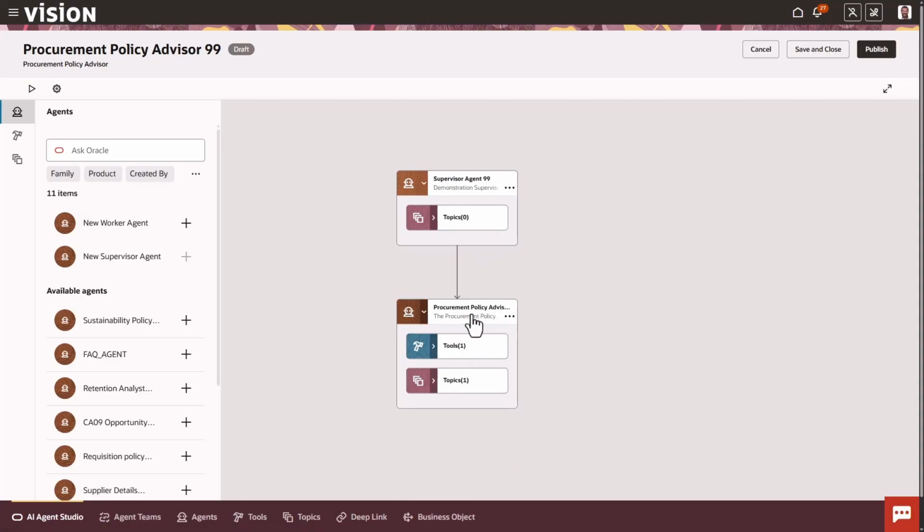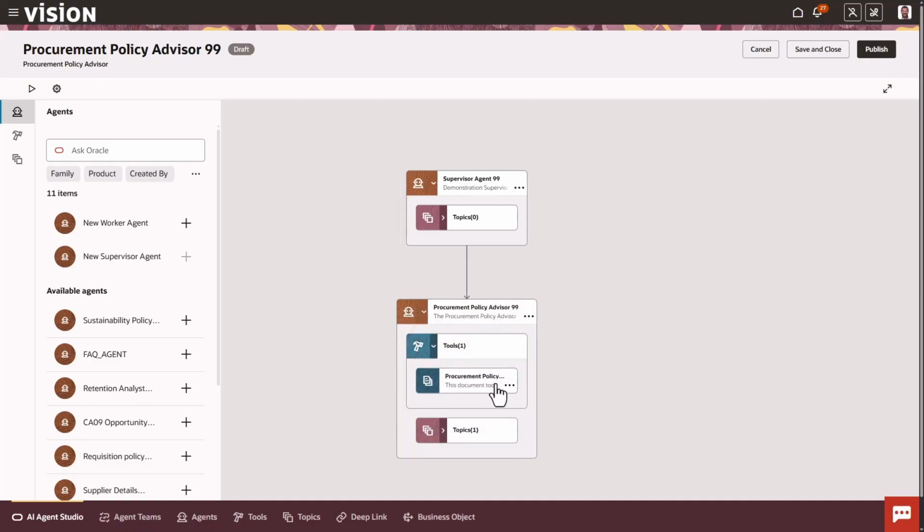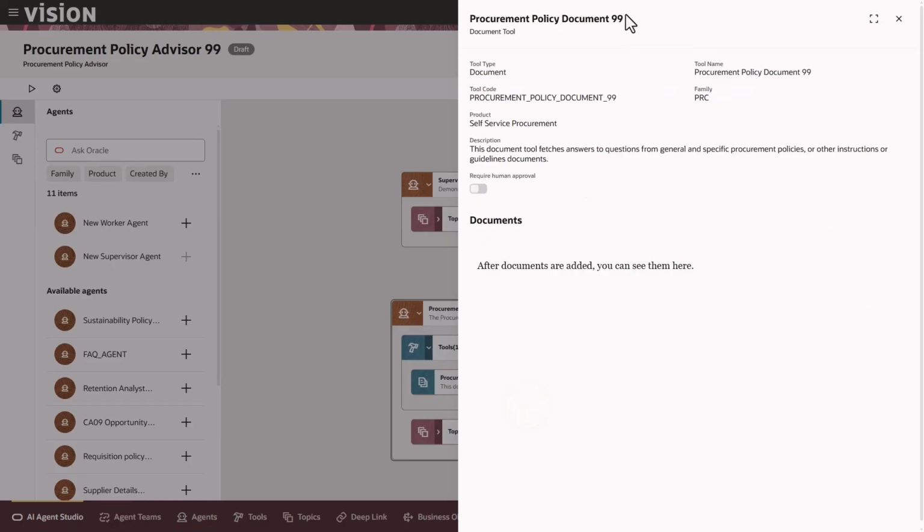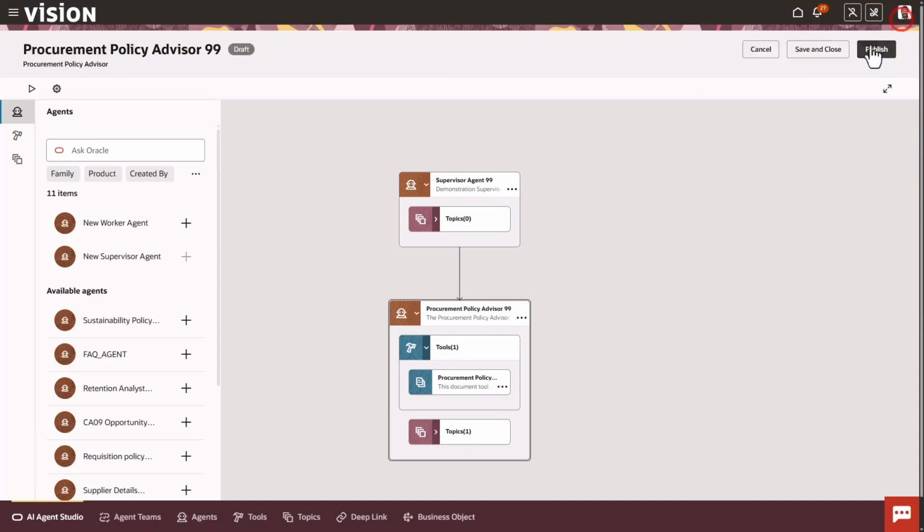Let's focus our attention now on our one agent. Let's customize this agent further. If we look at what's available within this agent, there is already a procurement policy document tool. This document is a copy. It doesn't actually have any documents attached to it, so we'll have to add our own documents to extend what this original template is able to do. Now, if we save and publish this agent at this point,